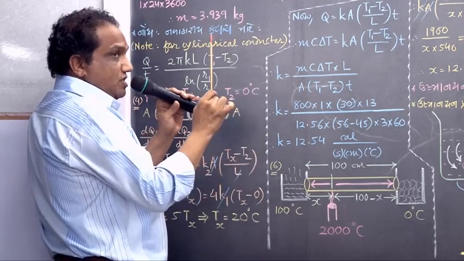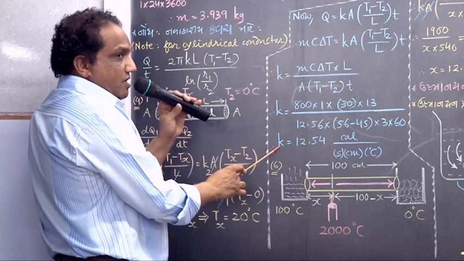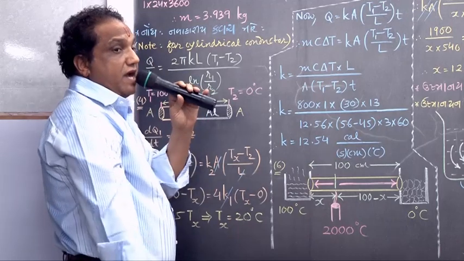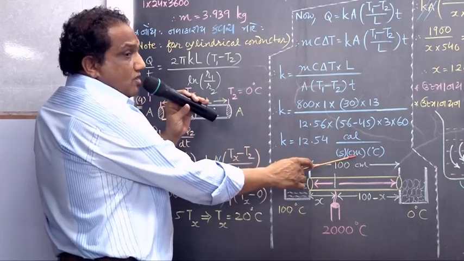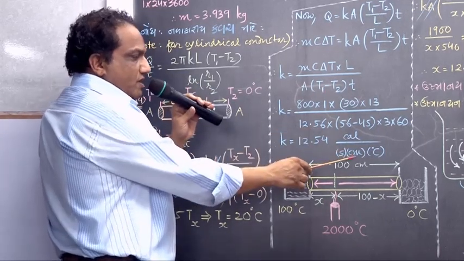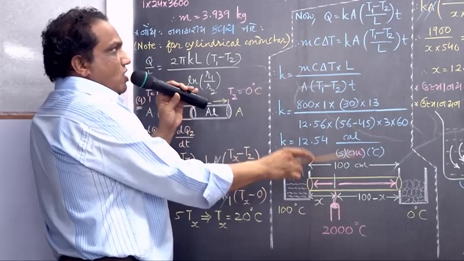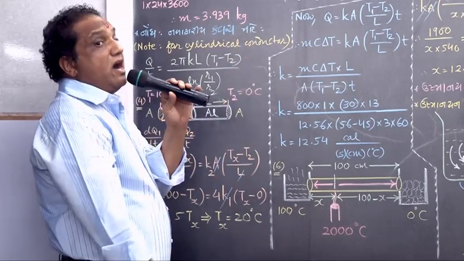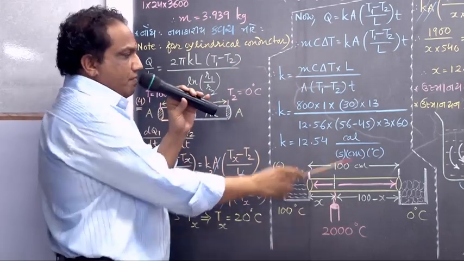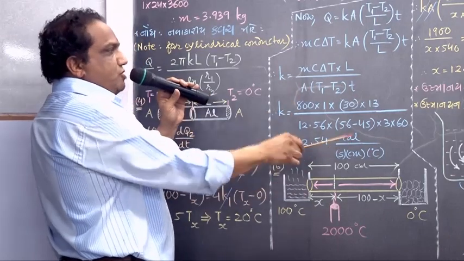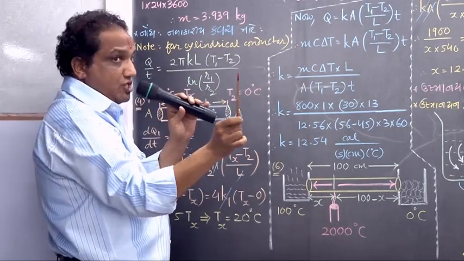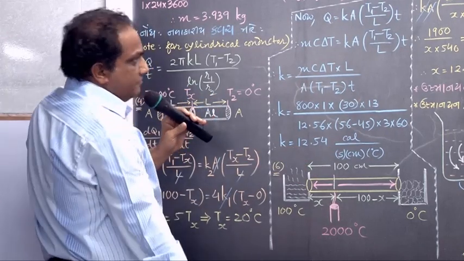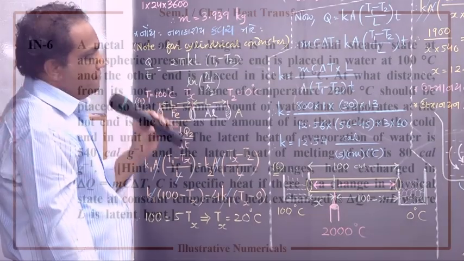Because you have placed all the values in CGS, now the unit of thermal conductivity you write this way: calorie upon second centimeter degree centigrade. Why centimeter? Because of CGS. Had it been MKS, we could have written meter here. And the value of capital C was given to you as 1 calorie upon gram degree centigrade. That's why we are writing calorie here. Suppose specific heat is given in terms of joule, then you may write joule here. Got it? Next. Sum number 6 is very good.